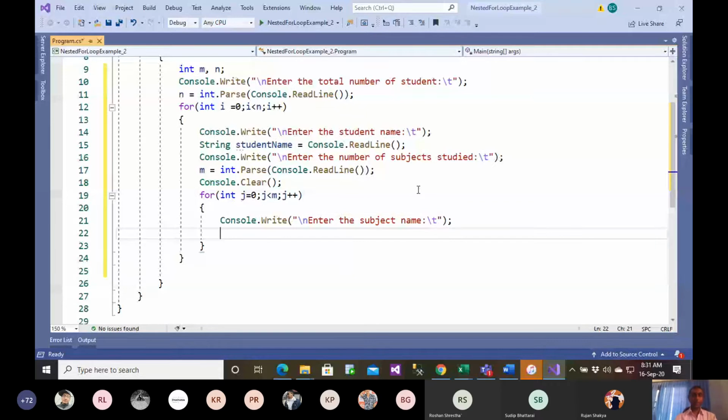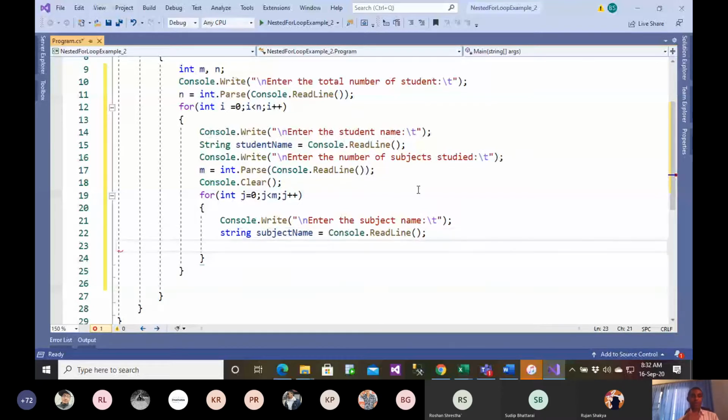Okay, that's a subject name. The subject name in this case is, let's say, subject name. Actually, I don't want to do anything. But actually, you don't need this. Okay, but let us leave it as it is.